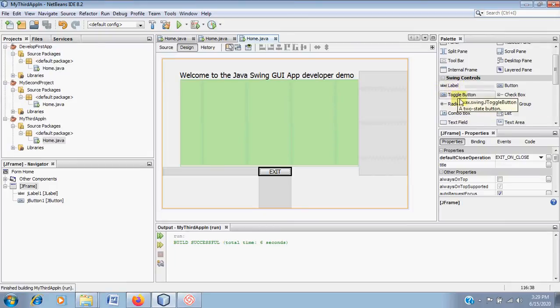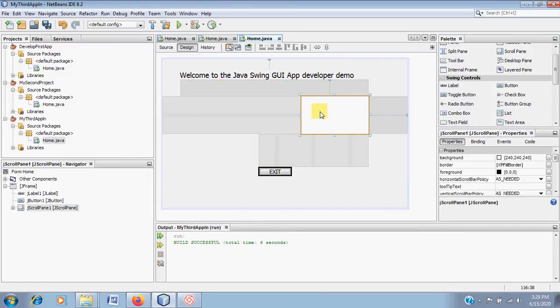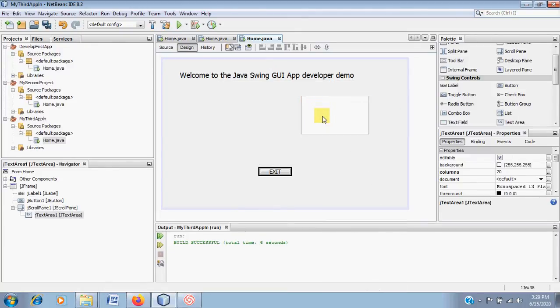Now if I want to use a text which has multiple lines of text, then I use what is called a text area. So I drag it and put it here, and as you can see, you can edit this text box by right clicking on it and going to edit text, and you can type whatever you want. So I'm going to say this is a multiple line text box which comes with a horizontal and vertical scroll bar. So that is the thing.